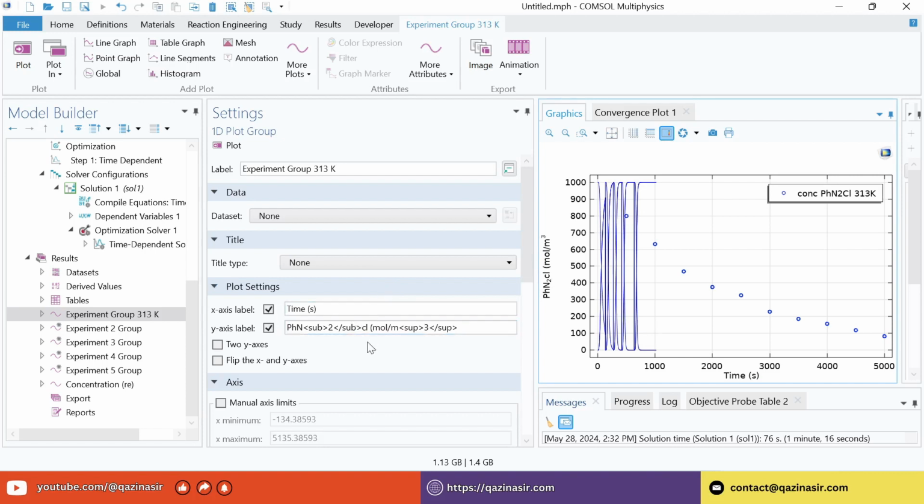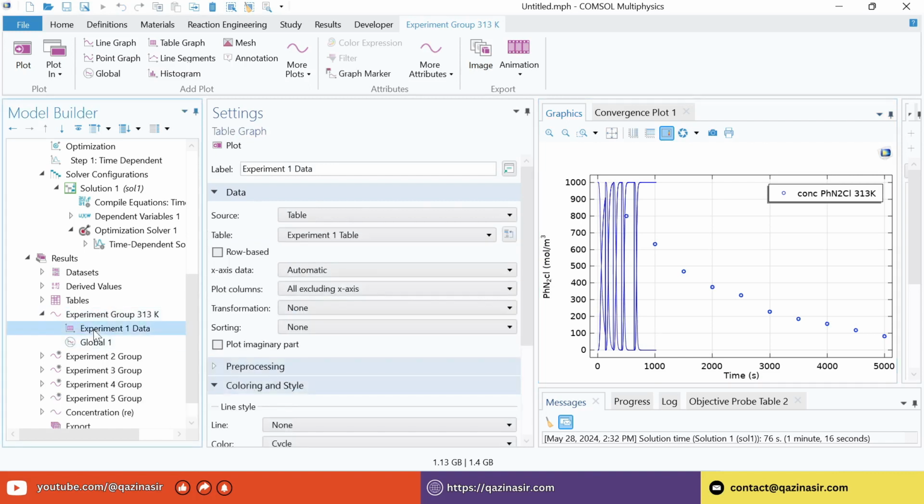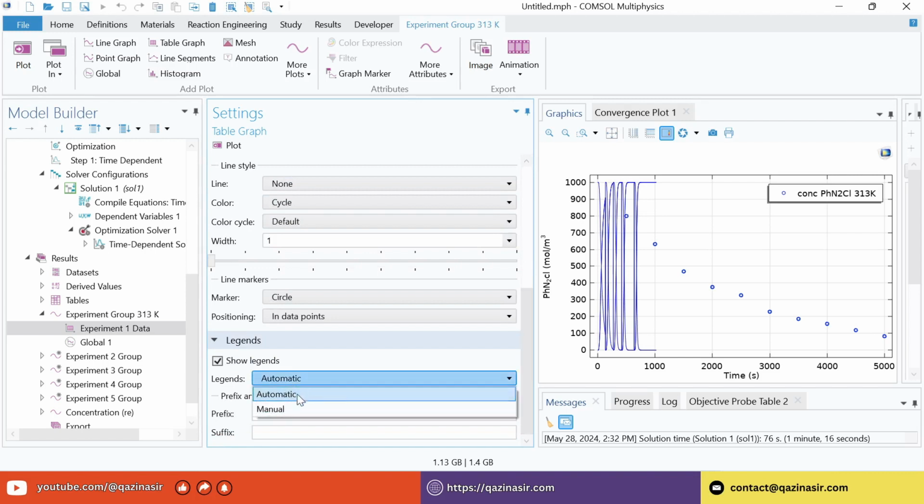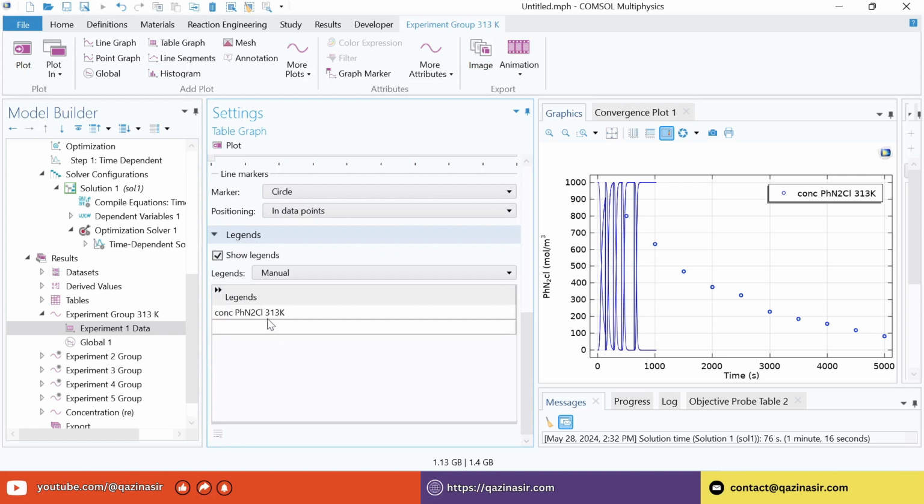Then we need to click on this arrow and we click on experimental data, and in this experimental data section we need to click on table graph, and we need to click on the legends. Here we need to click on manual, and the legend that we need here is experiment at 313 Kelvin. So you can see here the legend is shown up here. Then we can click on global,